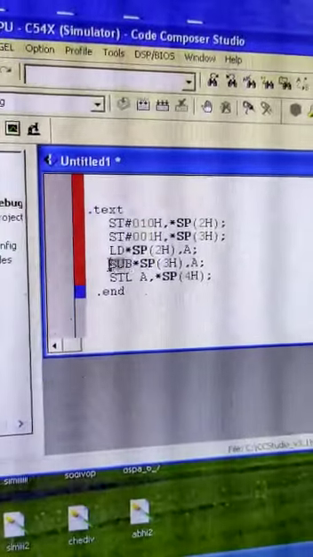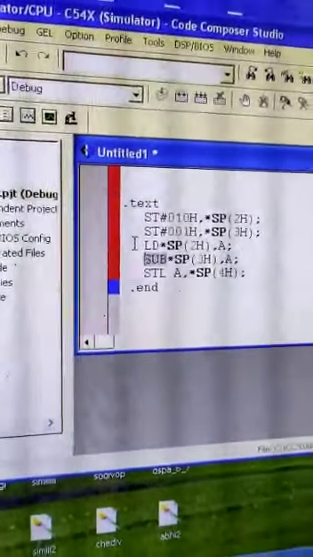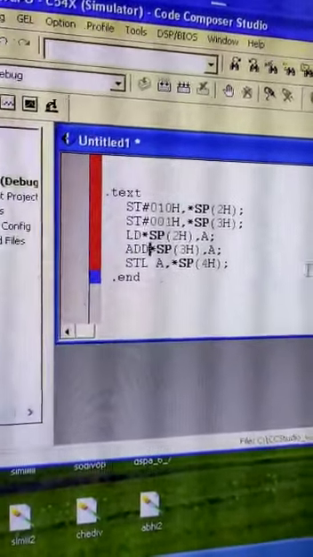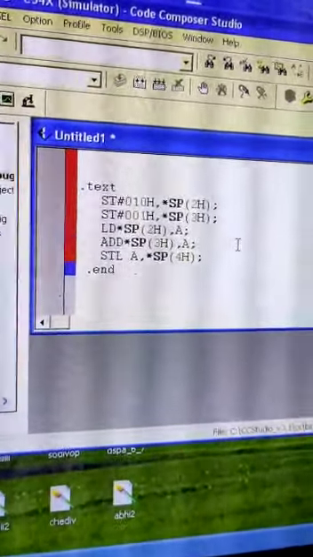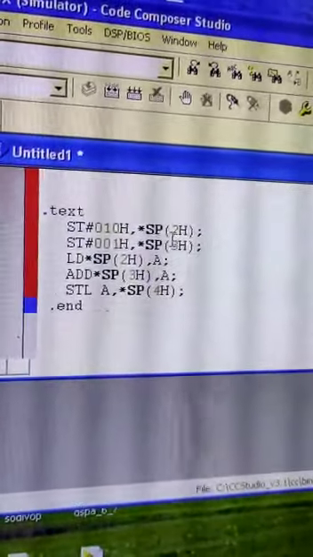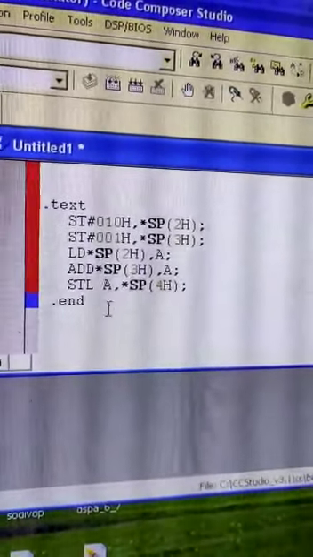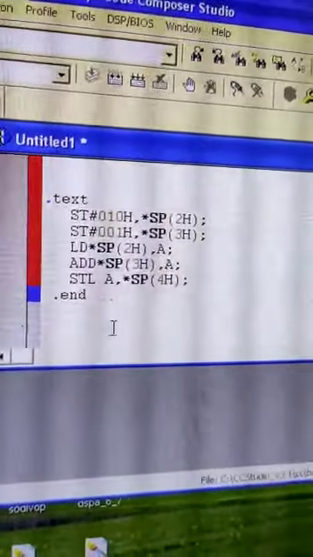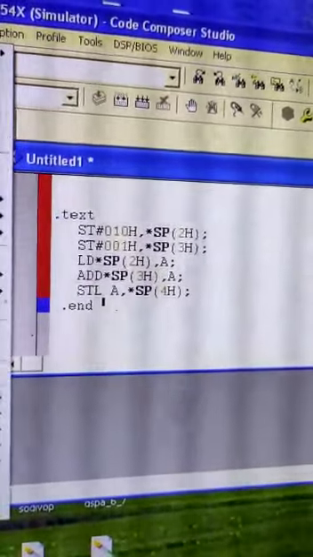So you can see this program, and we want addition, so add as a mnemonic, and there is one operand, the immediate operand 10, and another operand 01. So our expected addition is 11 hex.